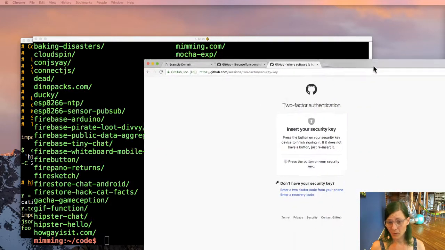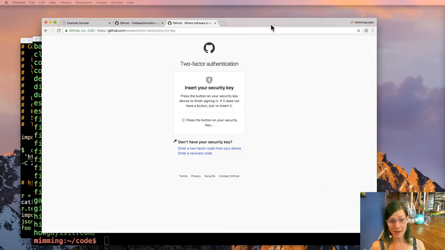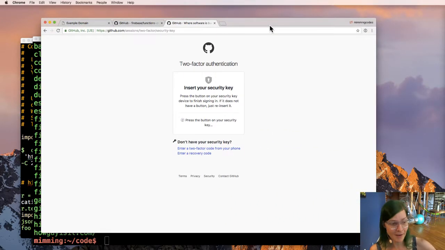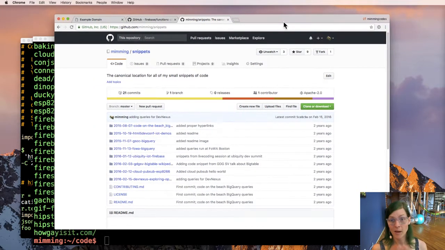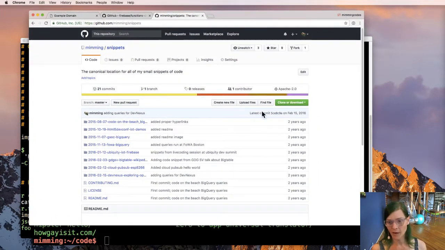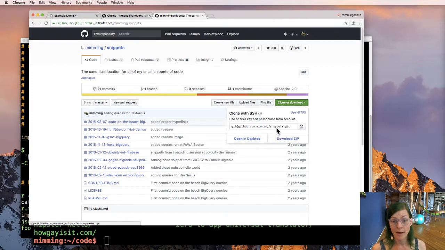Oh yeah, and here's an important thing. Are you using security keys for your GitHub? Because you should be, because U2F security keys are awesome. They're these little tiny things, and you press a button and it does cryptographic magic, which isn't magic, it's just math, but it's awesome. You should totally be using them for your GitHub. It's one of my favorite features of GitHub that they were one of the early adopters of the FIDO Alliance's U2F thing, which is awesome.